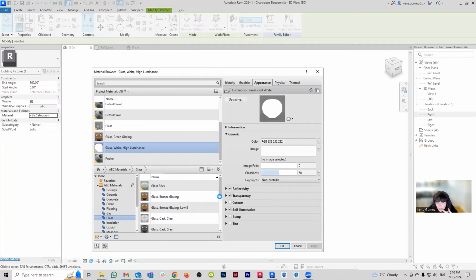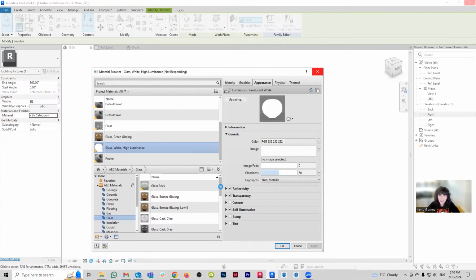So let's say that for this one, I'm going to use the glass cast clear, and then later I might make it less clear, so it's a little bit more color tinted, opaque, depending on the nature of the lighting. But again, the other problem when you're doing materials for something like a lighting fixture is that you're not really going to be able to see it when you're modeling the family.